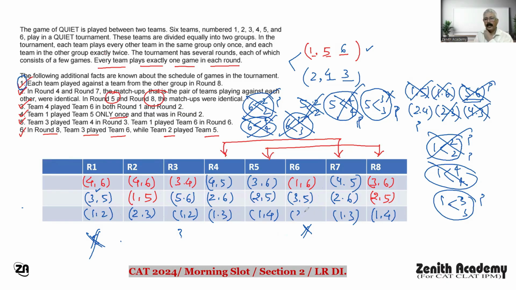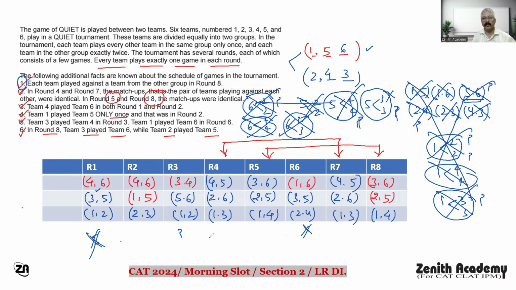2 and 4, 2 and 3। तो आपके ये जो 1-3 के दो मैच थे, 1 और 3 के दो मैच, ये भी हो गए। ये 1-3, 1-3 हो गया, कैंसिल हो गया। ये 2-4, आपका 2-4 भी आ गया इस जगह पे, ये भी कैंसिल हो गया। So now everything is clear. 5 के 3 के साथ दो मैचेस थे, तो 5-3, 5-3, and this another 5. So everything is clear, right?